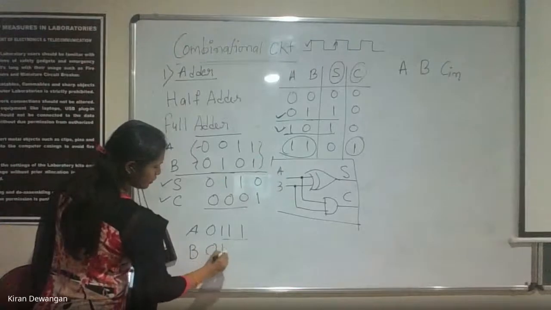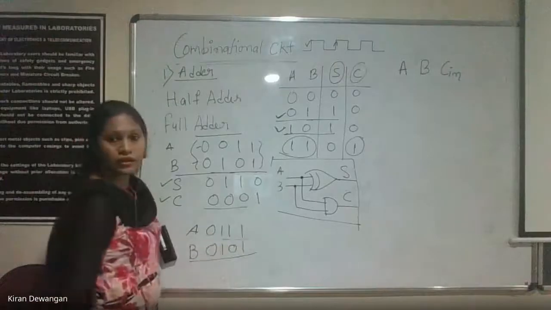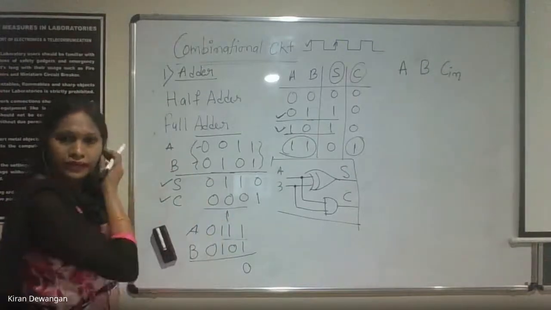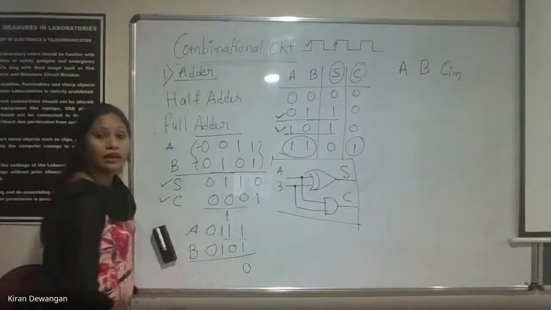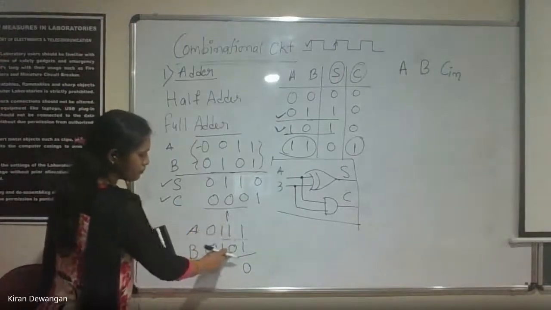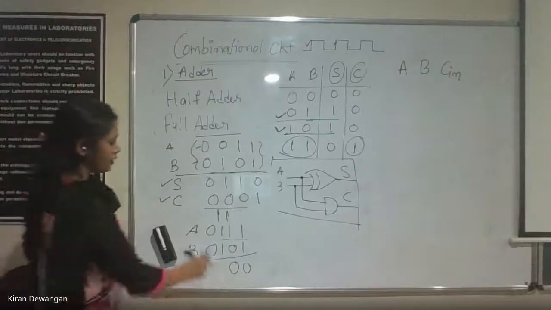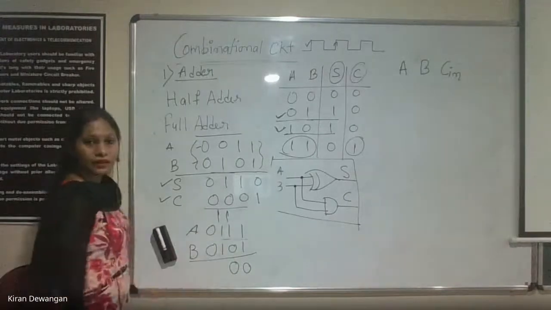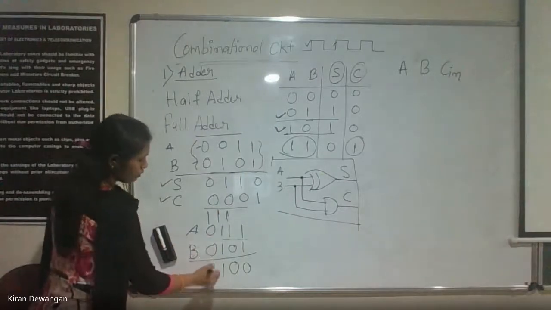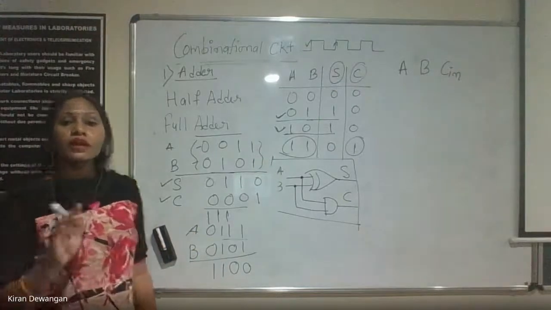This is 0 1 0 1. If I am adding these two, 1 plus 1 is what? 1 plus 1 is 1 0 0. 1 is carry, right? 1 is carry. So this is our input. This is nothing but an input. So 1 plus 1 plus 0. This becomes again 0. This goes high. Clear? Now here again 1 plus 1 plus 1. It will be 1 and 1 is carry. This will be 1. This is how we add two numbers if they are more than 1 bit.